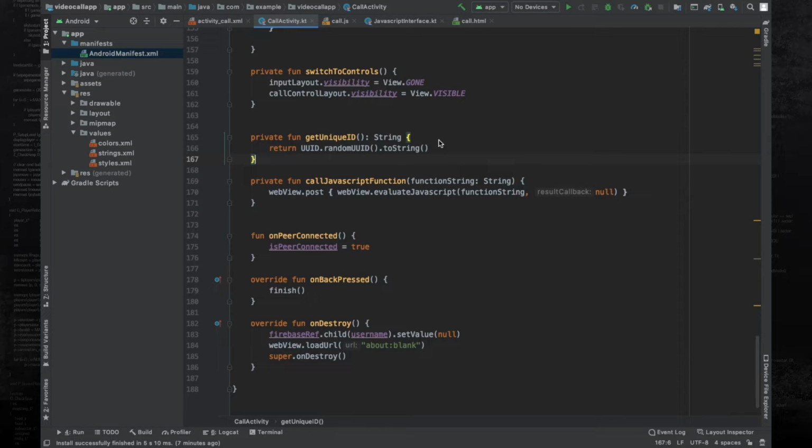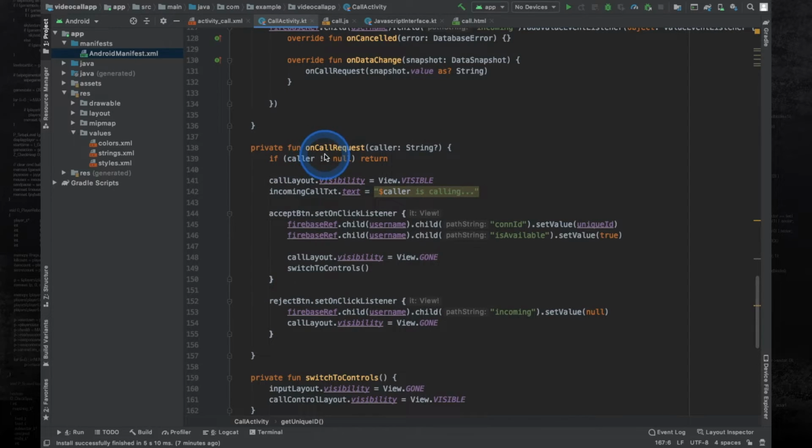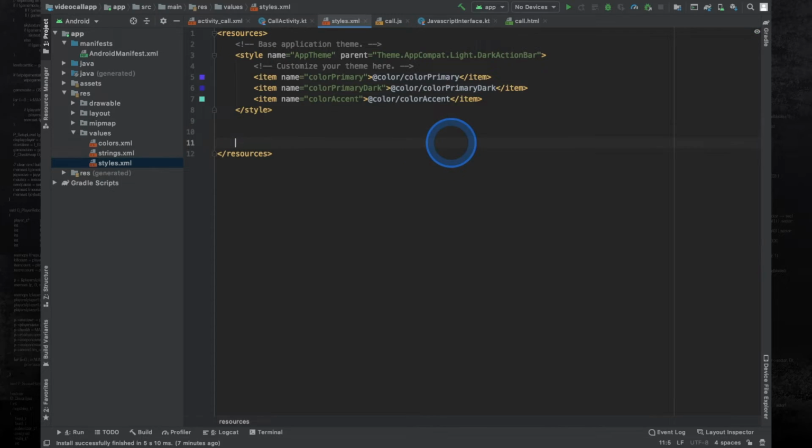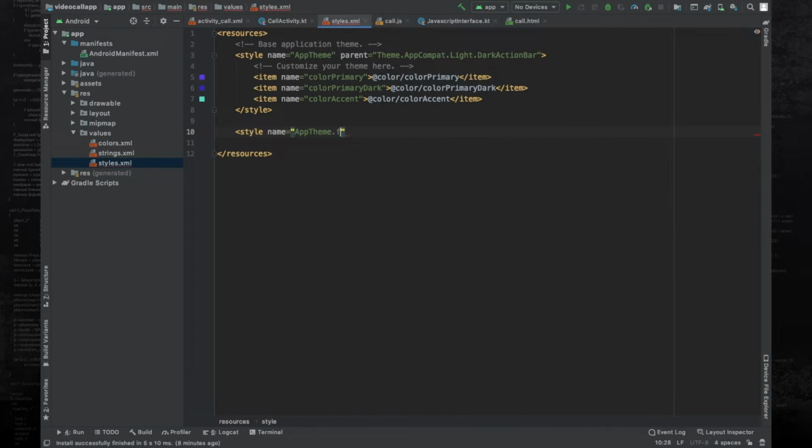I want to do a few more things before we can test this. Actually, I want to fix a few things. Here, if caller is null, then we want to return. And I also want to make this call activity full screen. So I will go to the styles.xml, and then I will create a new style, and I will name this style